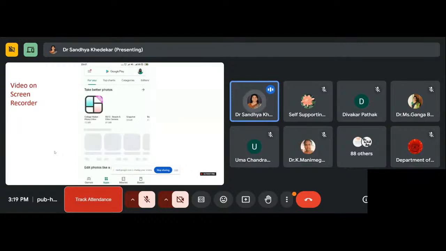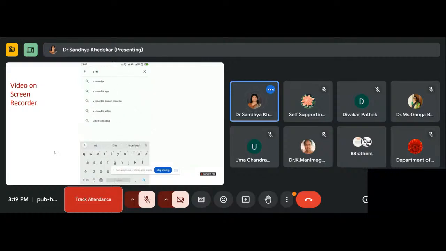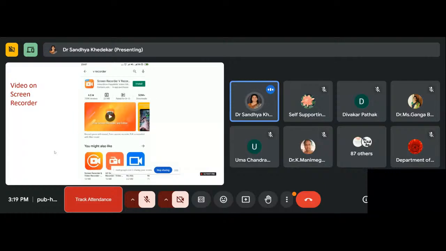So go on the Google Play Store, and here you can type V Recorder. There is a very good app called V Recorder. So you can just go here, and this kind of screen is visible. So you can install it in your mobile.